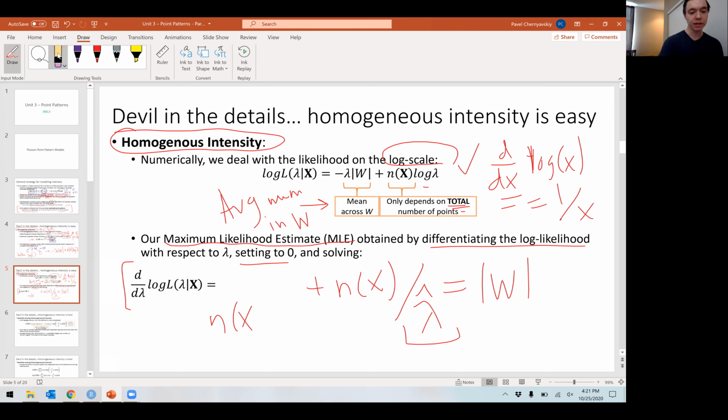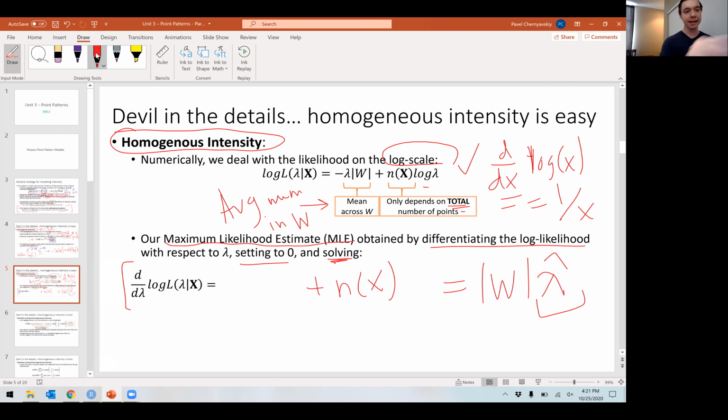I can just manipulate that directly. All right, so multiplying both sides by lambda hat. So it goes away from here, comes out right here. And now we want to solve for lambda. So I want to make sure this is isolated. So divide now by the area. Divide both sides by the area of W. And I get